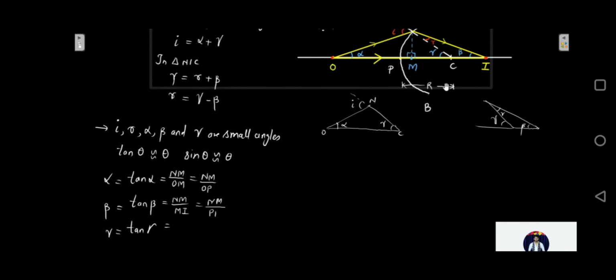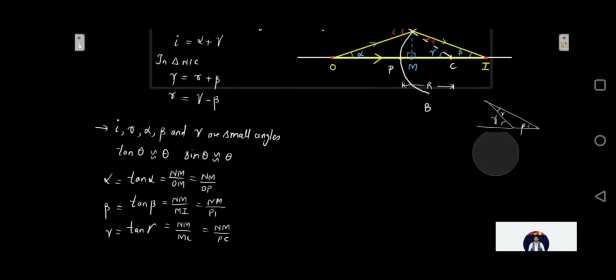Okay, and tan of gamma, the ratio is going to be the opposite side, that is again NM, upon the adjacent side, that is MC, and MC can be approximated as PC, because again P and M is considered very close to each other. Okay, so these are the three ratios I get, that is tan of alpha, which is approximated as alpha, then for beta and for gamma respectively. All the three ratios. In the next step, I'm going to write down the Snell's law.